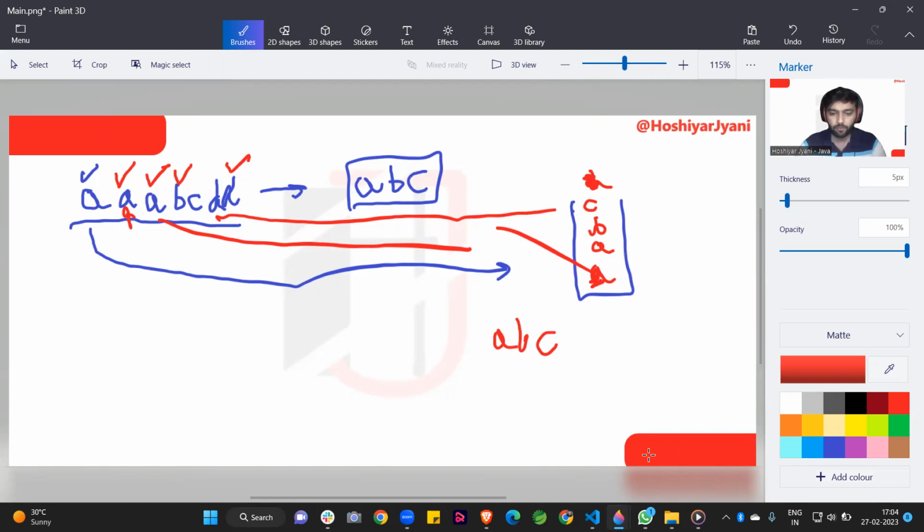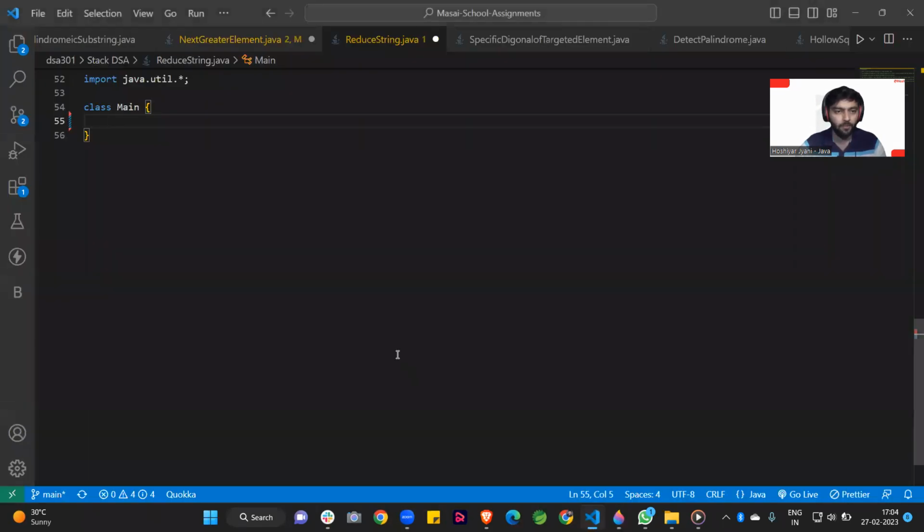So how can we write the code for this question? This is the question, guys. So how can we write code? First of all, I am importing java.util.*, because first we take the input and after that we create the stack data structure. So avoiding two lines of code, I am writing star here.